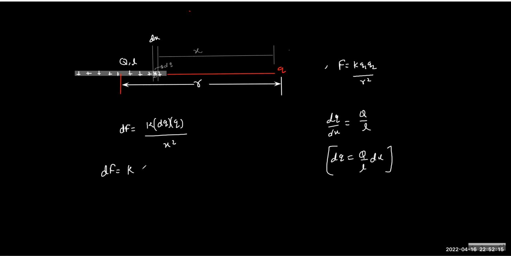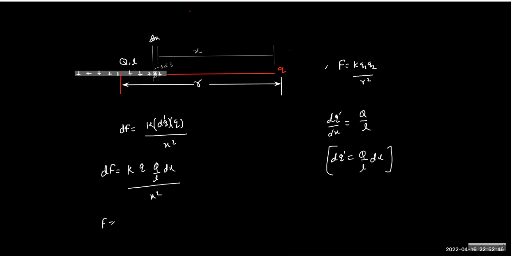I should have written a new symbol dq dash because that will be confusing. This is q itself. So dq dash, just to avoid ambiguity, because q dq becomes integrable then, right? But q is constant. So kq into dq dash, which is q by L into dx,